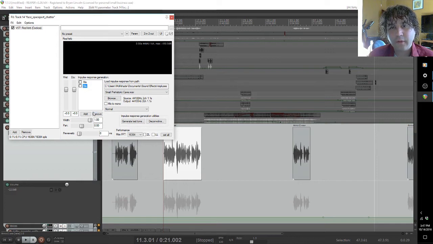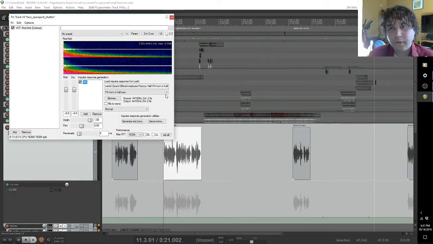Now the one that I went with, I'll remove that, is actually a PA horn in a hall, which is perfect for what I was looking for. So it gave me this effect, something you might hear over some sort of an intercom system or loudspeaker system in